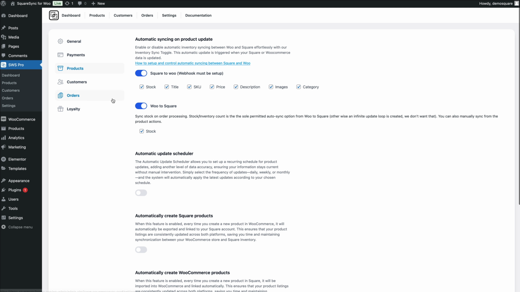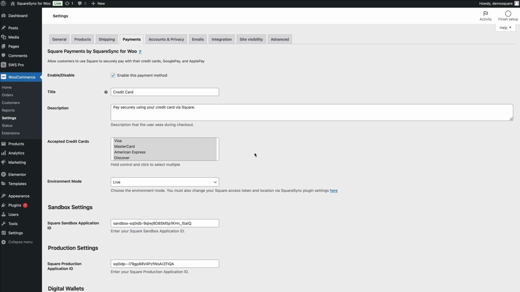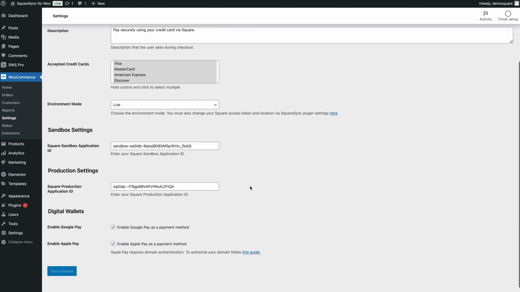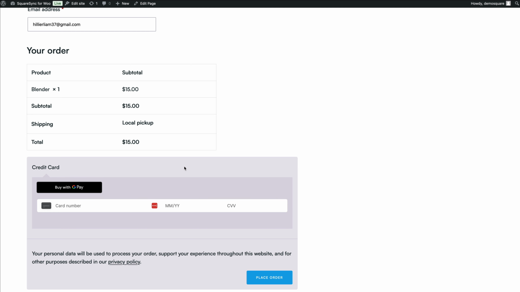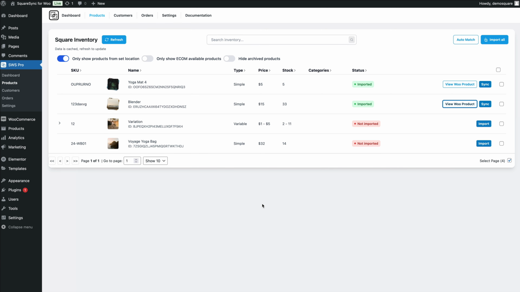And finally, I want to discuss the payments with you. This will bring us to our payment gateway where we can configure our payments here. And then down here at the bottom, we have the option for digital wallets. We can enable Google Pay and we can enable Apple Pay as well. And if we view the store to see exactly what that looks like, we can see inside of our checkout, we have the Google Pay option here, and the Apple Pay option will only appear if the user is using Safari. So just to recap, we covered automatic product syncing, importing and exporting products between the two different platforms, and